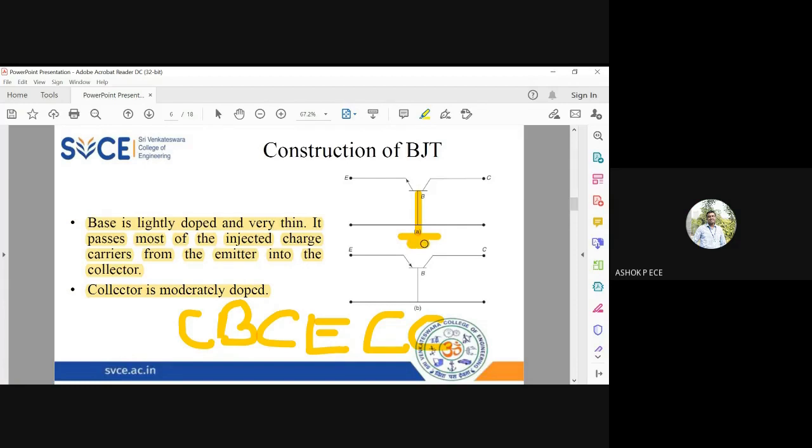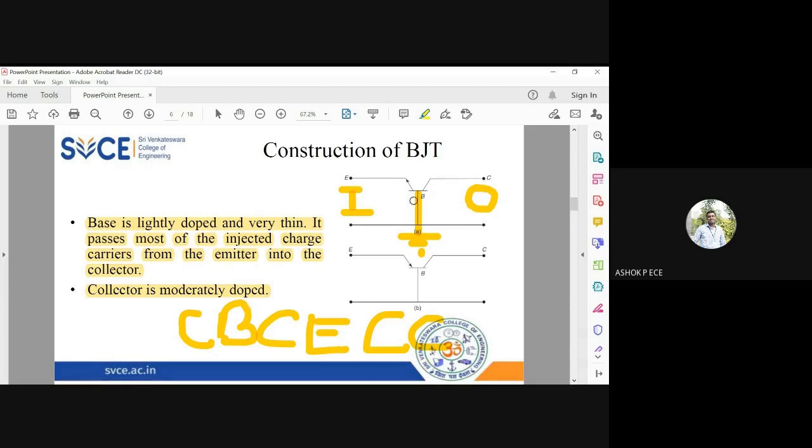And once the base is grounded, among the two terminals, emitter and collector, one should be input and one should be output, correct? When you see emitter and collector, collector will always be the output only. Collector cannot be the input at all. So naturally the emitter has to be the input. This is how you fix the input and output for a common base, common emitter or common collector transistor.